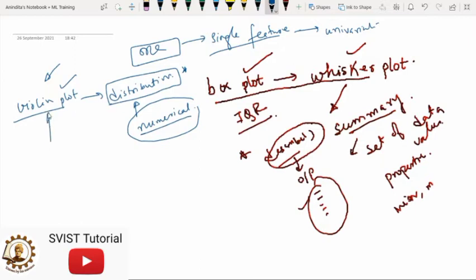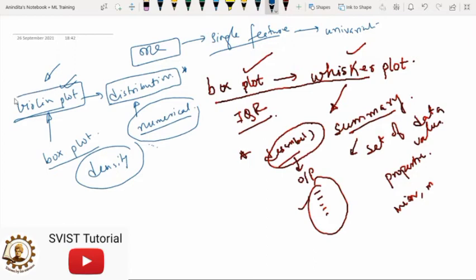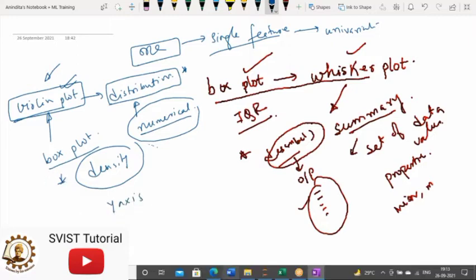Now the second point: when I describe this violin plot, you will find that it is almost similar to the box plot, but with a rotated plot on each side that gives us more information about the density estimation. This is the important thing I am going to depict. So the violin plot has the additional feature where I get density estimation on the y-axis. Now see the plot.